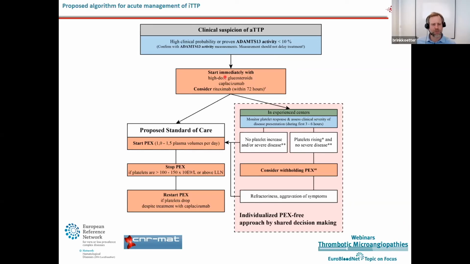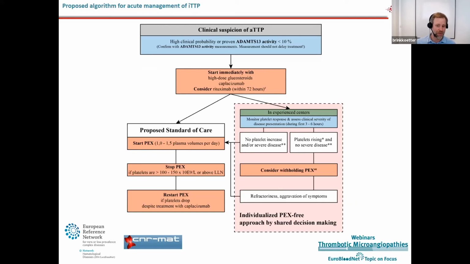If we make the diagnosis TTP, we should start our patients on high-dose steroids together with Caplacizumab and rituximab within the first 72 hours. The standard of care does also include plasma exchange. However, in experienced centers and with close monitoring of both platelet counts and clinical symptoms, one may withhold an immediate plasma separation, but have it as a backup if the patient does not respond, platelets do not increase, or clinical symptoms aggravate. Whenever such an approach is pursued, it is of course obligatory to inform the patient thoroughly about